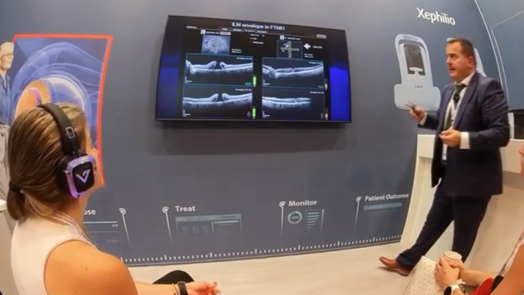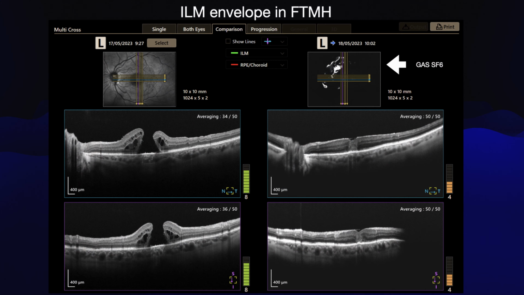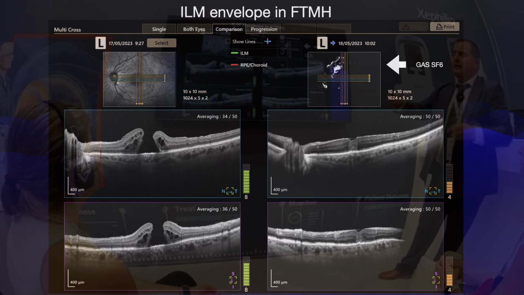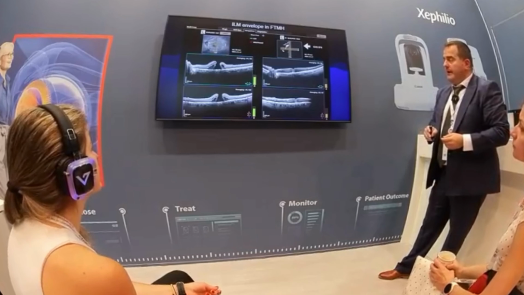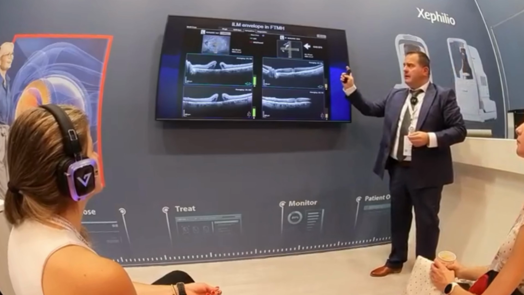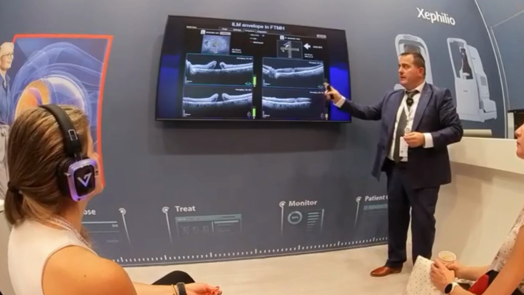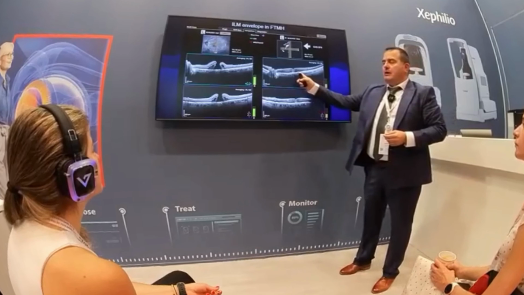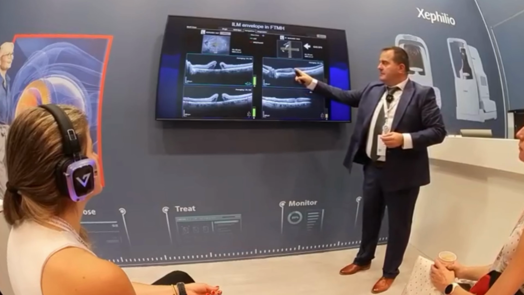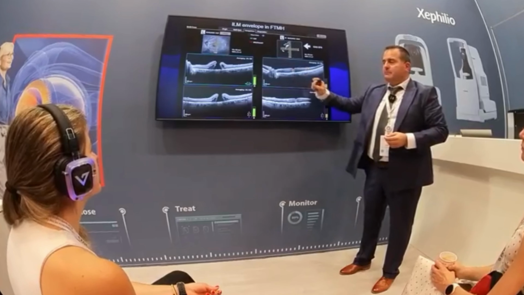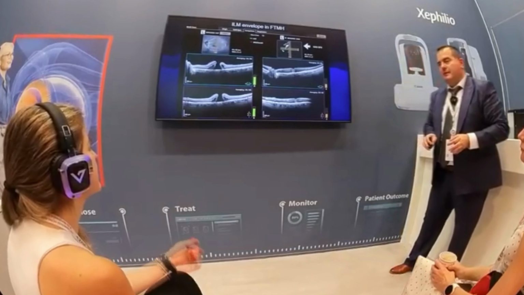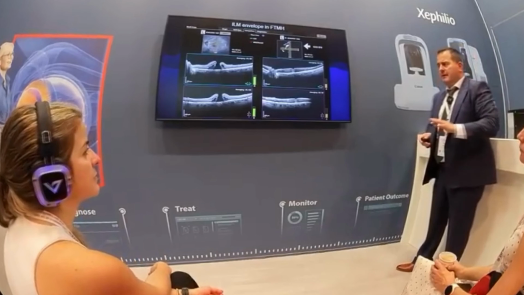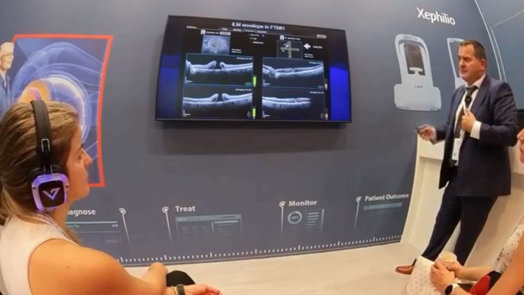Another case, again a gas-filled eye. Here I used the ILM envelope technique because this is a long-standing large macular hole, I would say a huge macular hole. Again, on the first day during the OCT, we are able to see how our envelope sits. This is the layer of the gas bubble here and here. So a lot of things can be seen, and I perceive that as extremely beneficial for me as a vitreoretinal